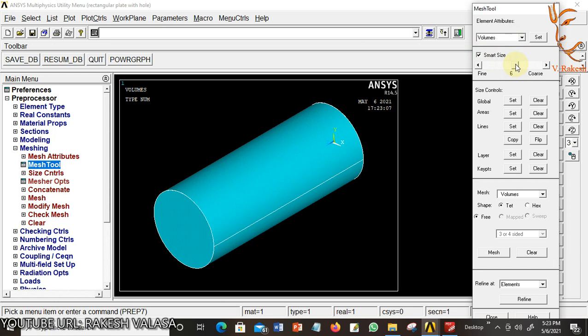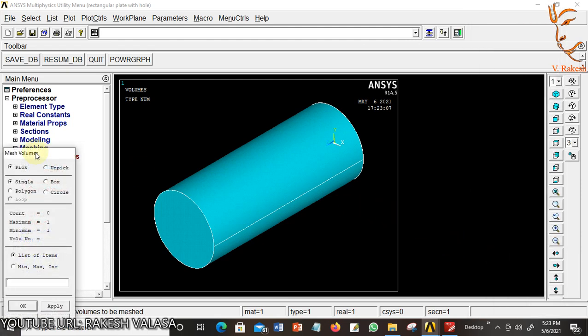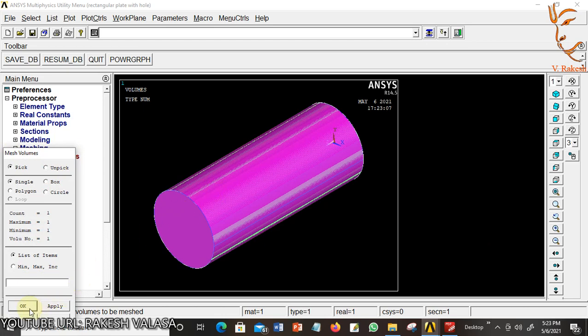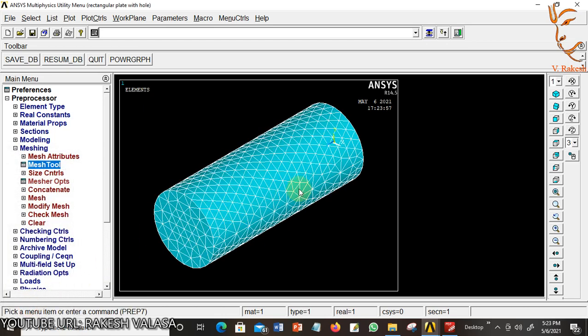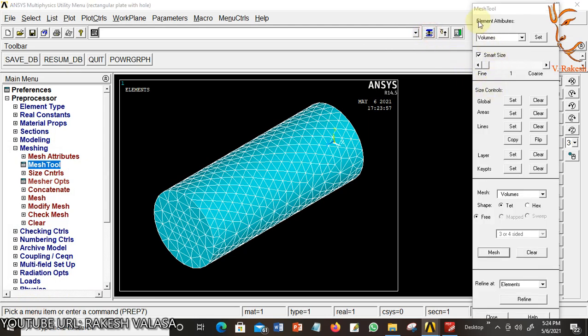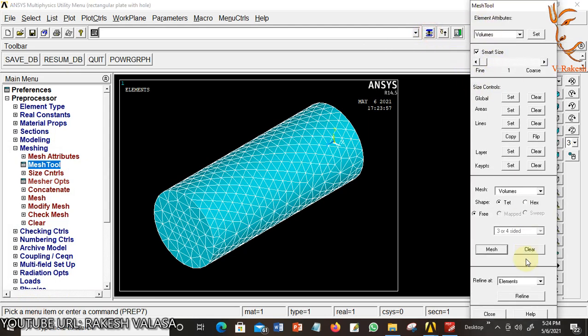I'm moving this cursor from coarse to fine. So the smart size is 1. Here I am choosing volume. The shape is tetrahedral shape. Now click on mesh. Select the object and click OK. The meshing is done. Now I am closing this mesh tool window.